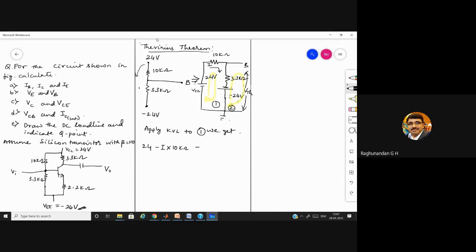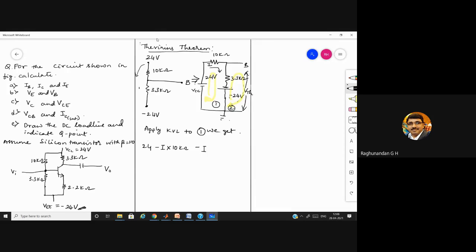Sir, second loop current, you see, it is open circuit. Do you think current will flow here? No, in the second loop it will be zero. It will be I only. Second loop current will be 0. So that's why we consider only this loop current. All of you understood? Since the second loop is open circuited, we don't have second loop current. Only the first loop current will be there.